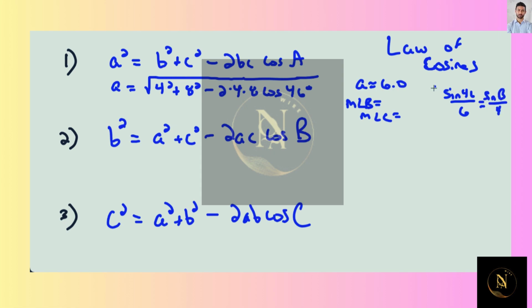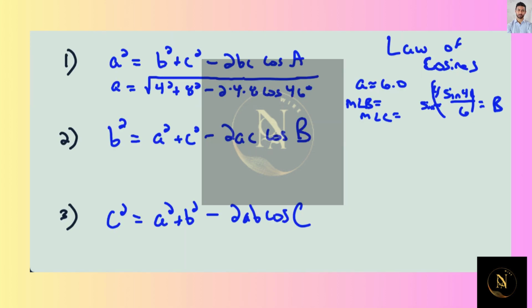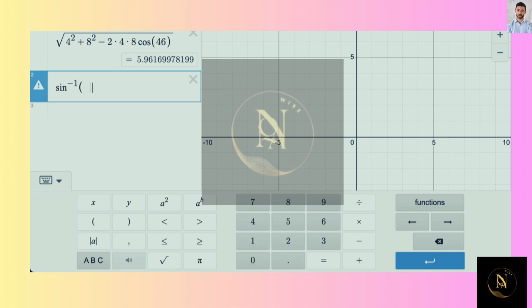So it'd be 4 sine 46 over 6 that you're going to inverse sine so that you just have the angle B. So that would be inverse sine of 4 sine 46